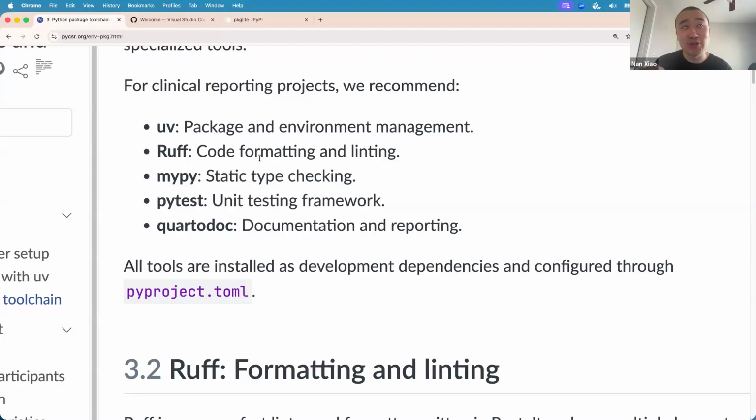It has, I think, more than 100 plugins for implementing all these very useful unit testing features that have not already been implemented in the core package itself. So definitely try out pytest if you're interested. And then maybe Quarto and Quartodoc for creating documentation websites and reporting purposes, right?